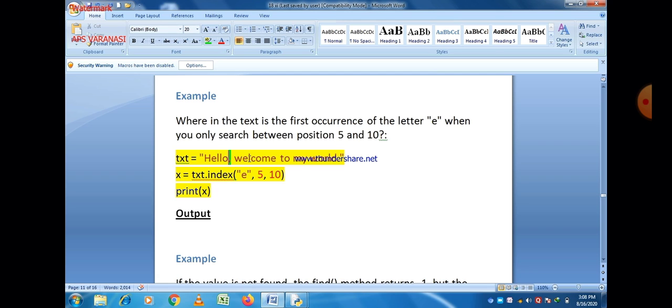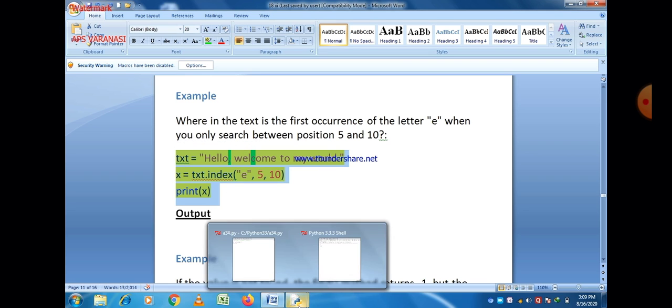At the 6th position a space is there, at the 7th position W is there, at the 8th position E is there, and we have to find out the E. Welcome. And at the 9th position L is there, and at the 10th position C is there. So that is our range. Let us try to execute this program and check what the output is.